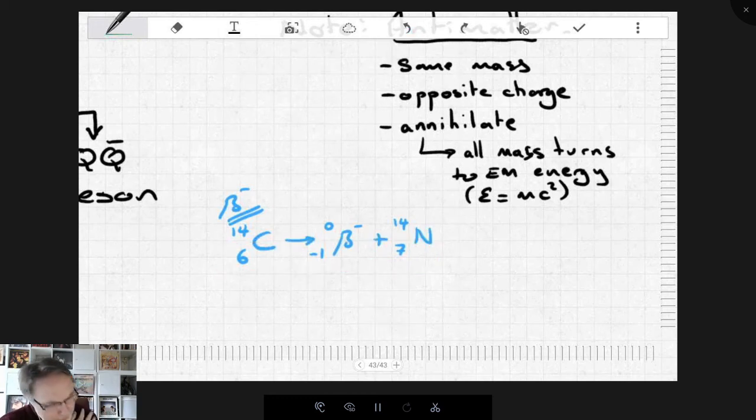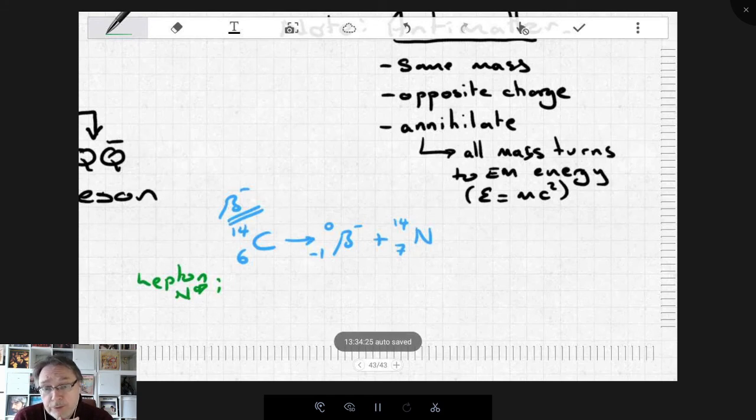Now if I consider lepton number, you need to remember that we're talking about nuclei here. We're not talking about the atoms. So carbon 14 has 14 baryons: 6 protons, 8 neutrons, each one of them bringing a baryon number of +1. That's why the number's 14. There are no leptons here, so the lepton number there is 0.